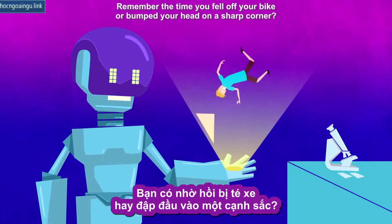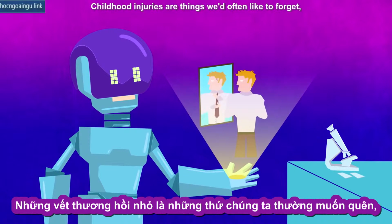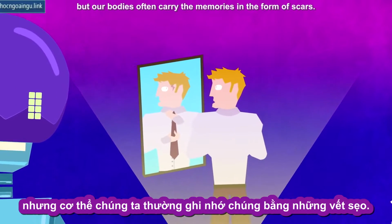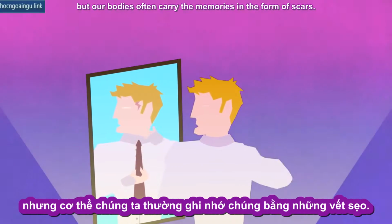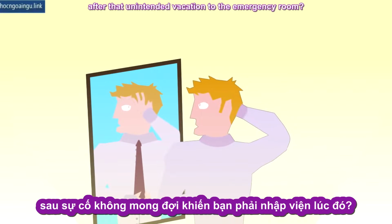Remember the time you fell off your bike or bumped your head on a sharp corner? Childhood injuries are things we'd often like to forget, but our bodies often carry the memories in the form of scars. So what are these unwanted souvenirs, and why do we keep them for so long after that unintended vacation